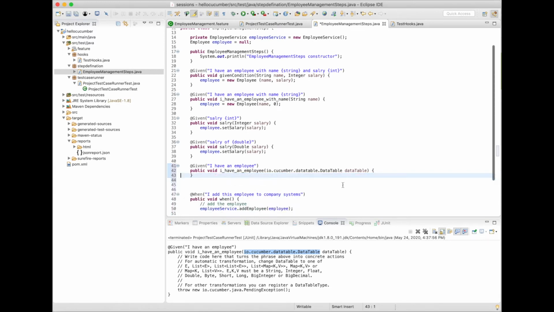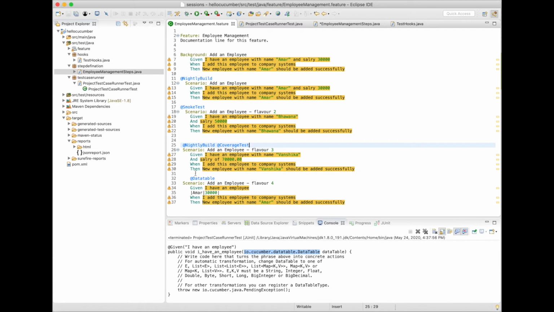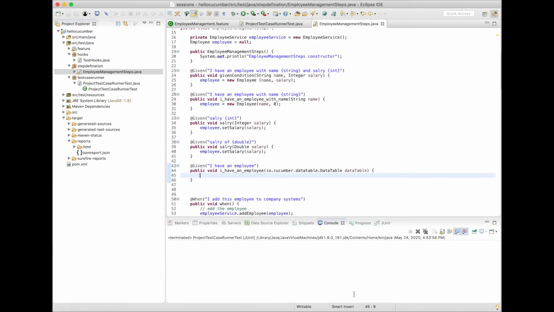and the exception here. The data that we get from here is a list of string. The elements on the list would be Amar and 30,000. Once we have the step definition defined, for this data table we'll define a list of type string, call it an employee list or employee. We'll pull this from data table dot as list,